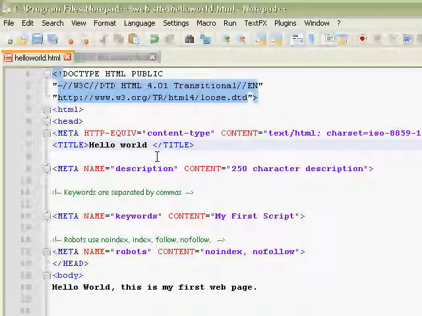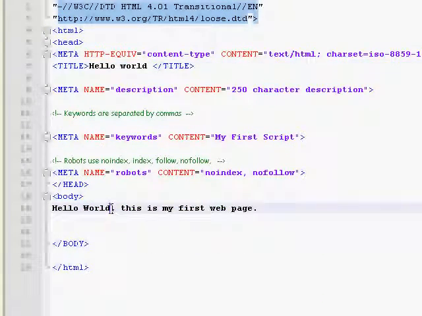Let me get rid of that, just to show you what kind of control you have over your documents. And our document is a Hello World, which is standard in programming as your first of anything in learning a language. After your head tags,